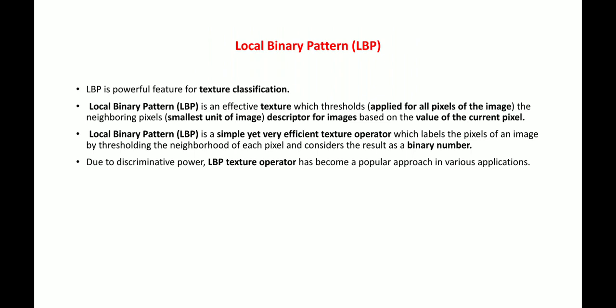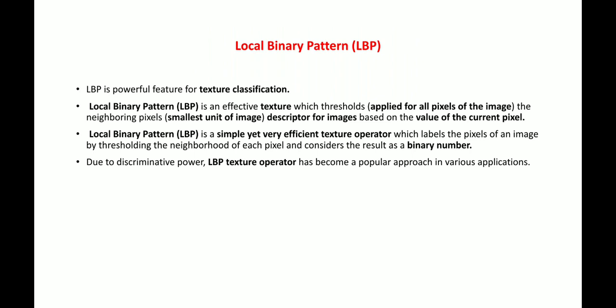Then afterwards we will get a 12, 8 or 6 digit binary number. According to this binary number we can classify, categorize or differentiate the crops. And due to the discriminative power, LBP, the local binary pattern texture operator, has become a popular approach